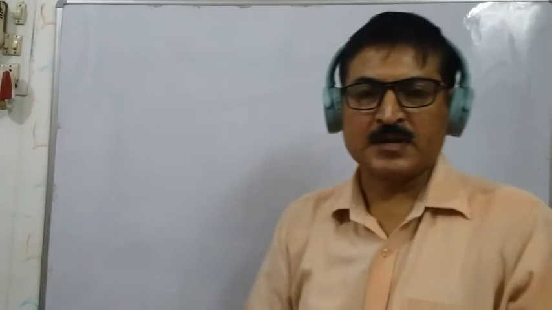Students, today I'll explain the August month course, chapter 3. The August month course is chapters 3, 9 and 10. Chapter 3 is linear equations in two variables, chapter 9 is heights and distances, and chapter 10 is circles. Okay, in that, chapter 3 first we'll start. Chapter 3, linear equations in two variables.